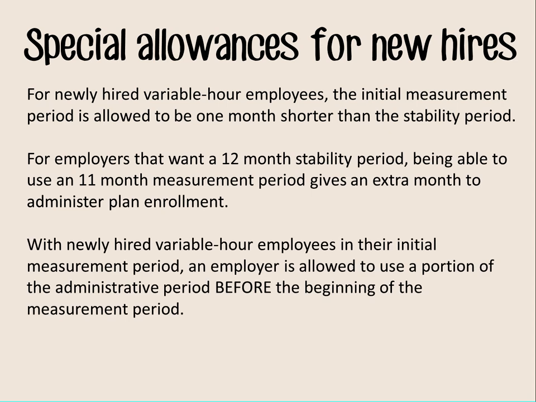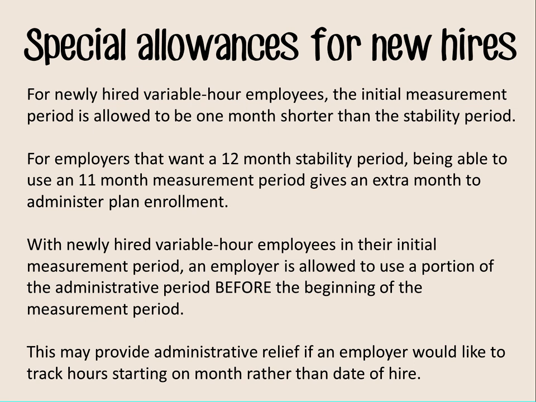Another allowance for new hires in particular is that an employer is able to use portions of that up to 90-day measurement period before actually starting to measure hours. So in the case of Denise again, she was hired on March 15th. You can choose in her case to use a 15-day administrative period at the beginning of her hire and actually start measuring hours once April rolls around. This could be beneficial for employers where employees tend to terminate quickly in the first few weeks, or if employers aren't actively tracking hours or the time is not productive at the beginning of their employment.